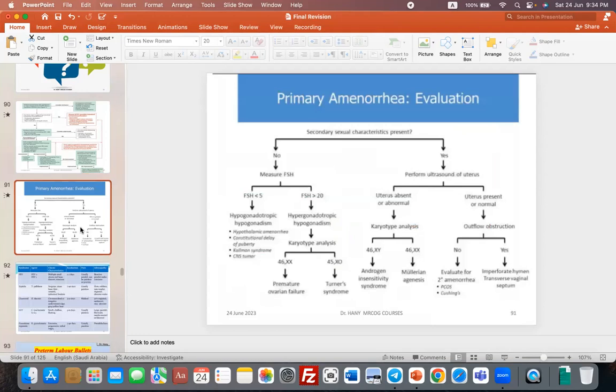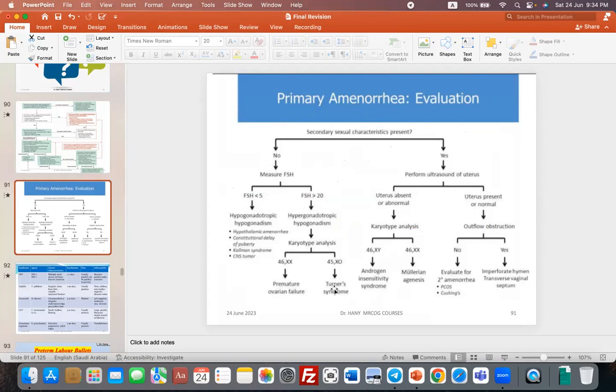Amenorrhea. Amenorrhea with secondary sexual character or no secondary sexual character. No secondary sexual character, so there is a problem. Is the FSH low or high? Measure the FSH. Low: hypogonadotrophic hypogonadism. High: either ovarian failure or